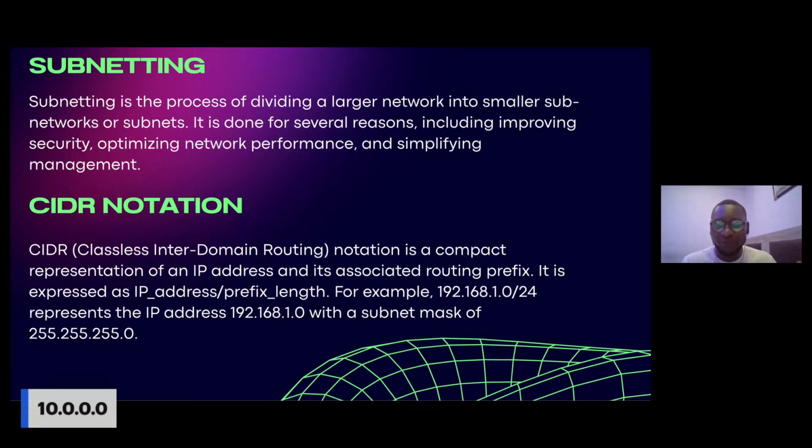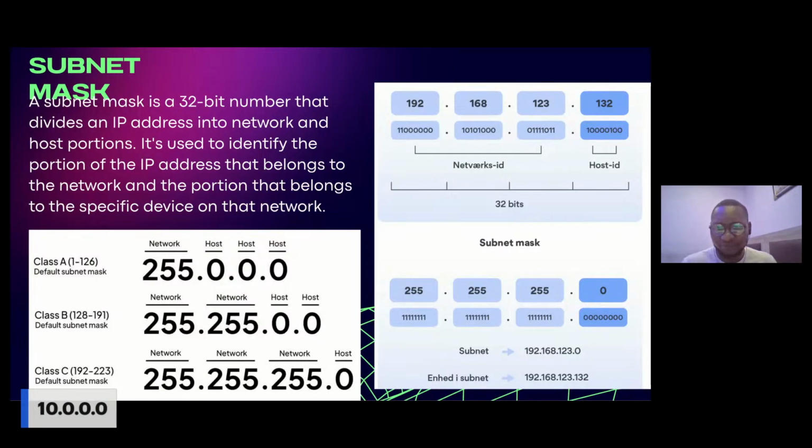For example, 192.168.1.0/24. That actually means, in terms of subnet mask, which we'll still get to, 255.255.255.0. I'll explain that in a bit, I think in the next slide. The reason why I have to explain the theory is just so once we get to the practical, you can be able to relate what we are doing, right? So this is very essential.